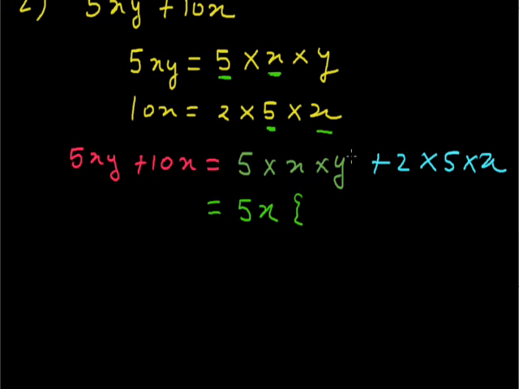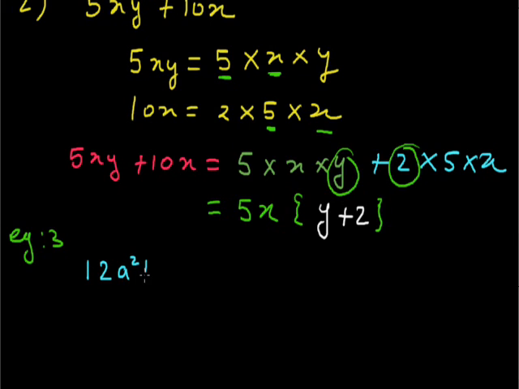The remaining term here is y, and in this expression it is 2. Next example, to find the factors of 12a square b plus